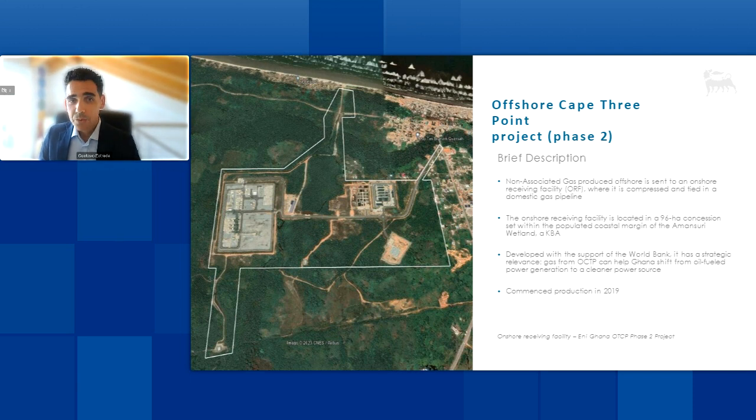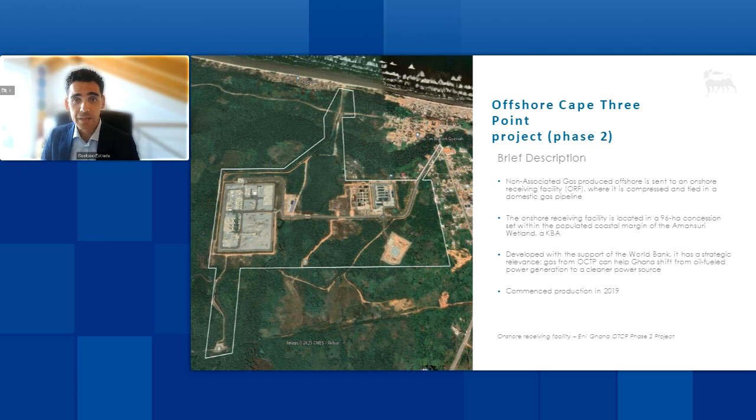So ENI, through its subsidiary ENI Ghana, operates the offshore Cape Three Points block located 55 kilometers off the coast of Western Ghana. Production of non-associated gas is achieved via an FPSO and transported via a pipeline to an onshore receiving facility and onto Ghana's national grid. The onshore receiving facility is located in a 96-hectare concession set within the populated coastal margin of the Amanzuri wetland,